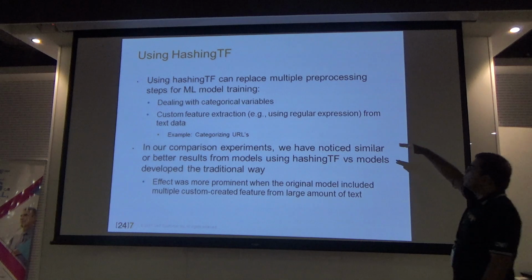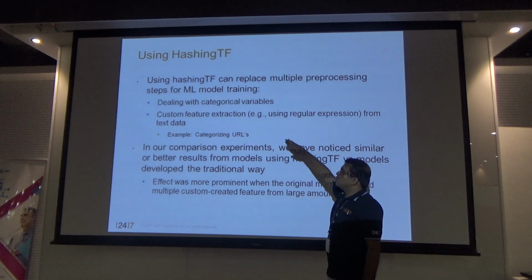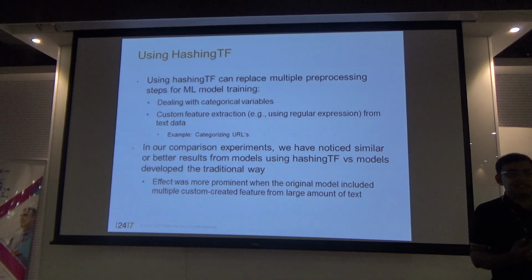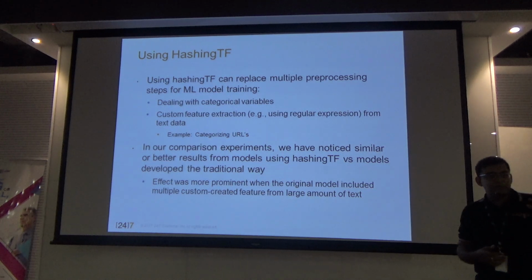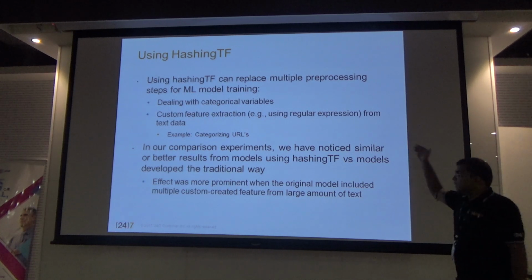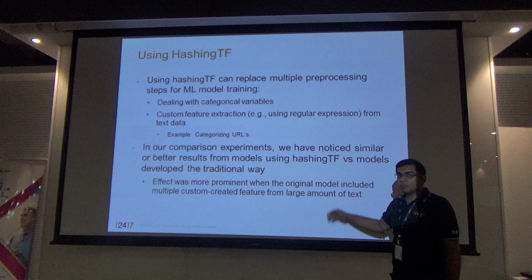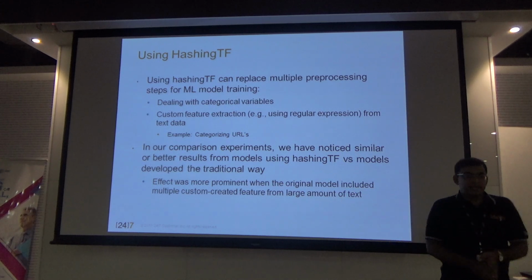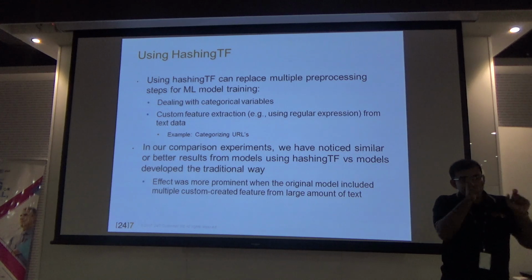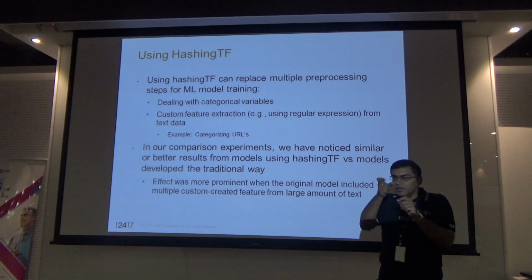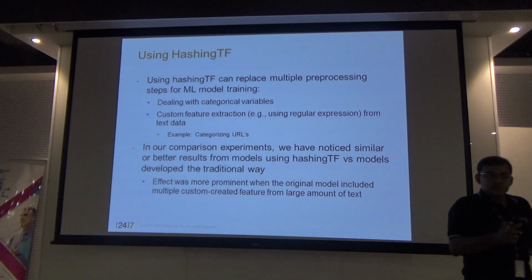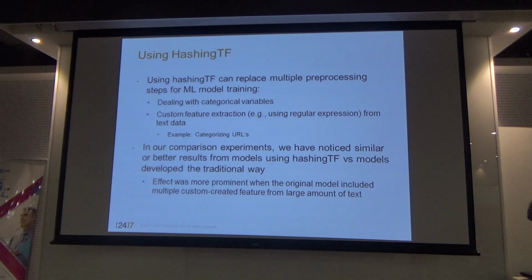So we used to do a bunch of custom features before that we have stopped doing since we came across this, and we have seen in our experiments that this has helped us in getting almost the same accuracy, if not in some cases better. The effect is more prominent where we were doing more of those, right? There were, let's say, URLs that we get as part of the web journey, and we used to create multiple custom features, like what is the product, what is this, what is that, and extract them out and create them as features.